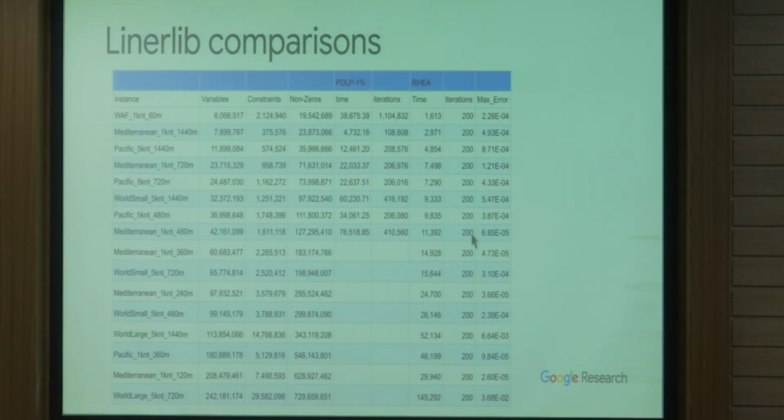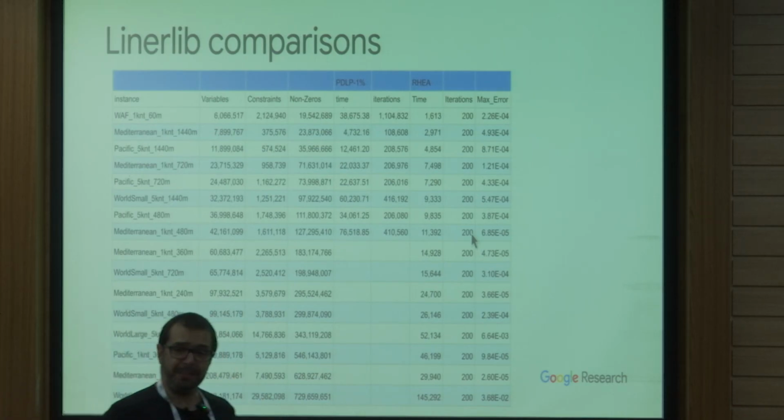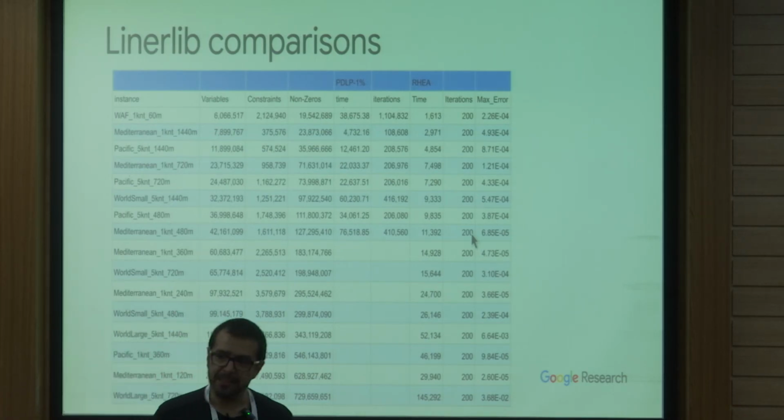And I call what we have Rhea, the goddess of the flows. Again, this is not a fair comparison for many reasons. But I limit the iterations to 200. Why 200? Well, because I want to be like an interior point. I don't want to do gradient descent. Gradient descent is too slow. And if you are hoping to get to a few iterations, you essentially need Newton. And we can do that. And I'm going to show you how.